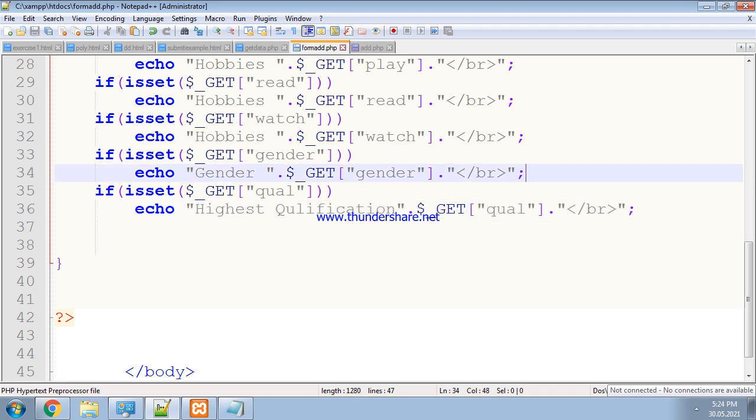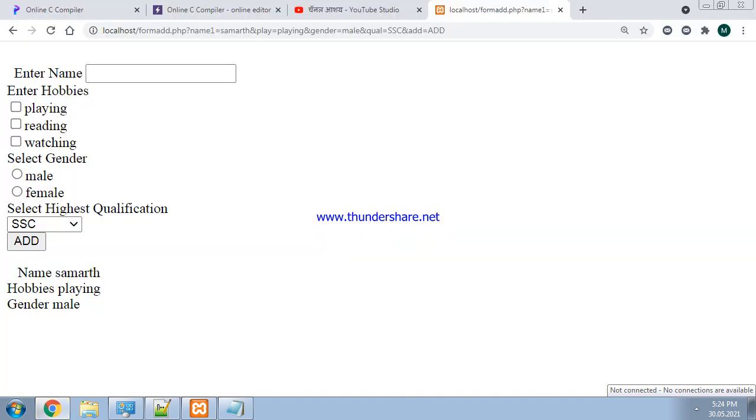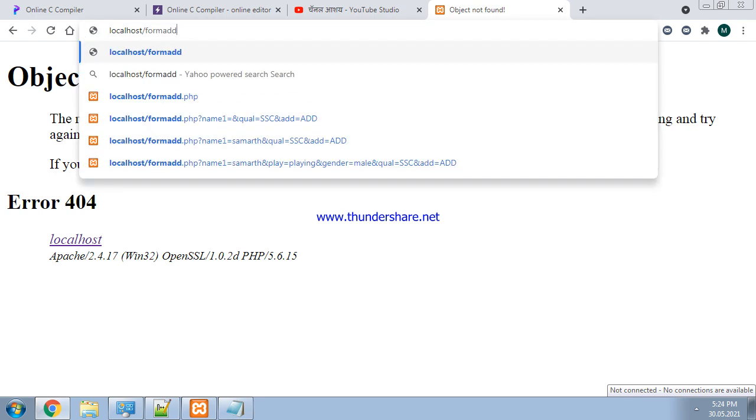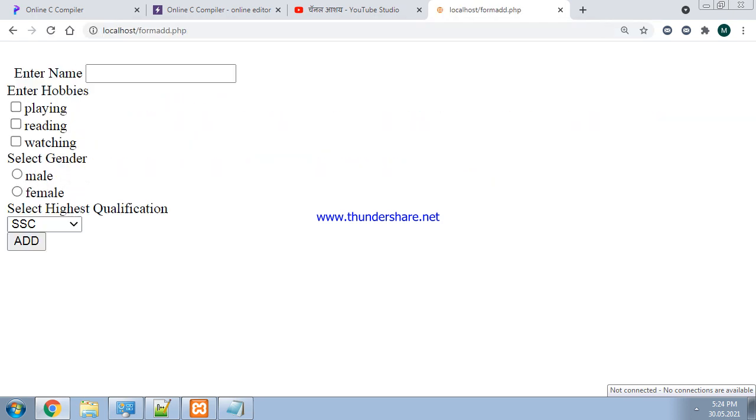Save the program. Run the program once again. These parameters are there, so this value is taken here. Now again form.add PHP. Suppose the name entered is Samartha, taking 3 hobbies, gender only one will be selected.